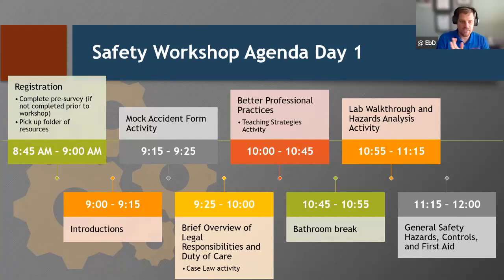Yeah, so here was day one's agenda, just to give you an idea of how we structured this. We went through a mock accident form activity, and then, like you can see there at 9:25, we went through the case law activity, gave a lot of content on legal responsibilities and duty of care, went into professional practices, gave them a bathroom break,